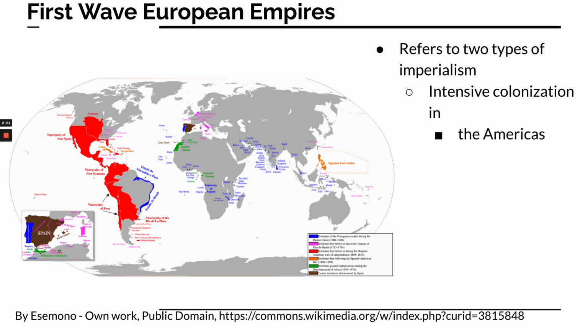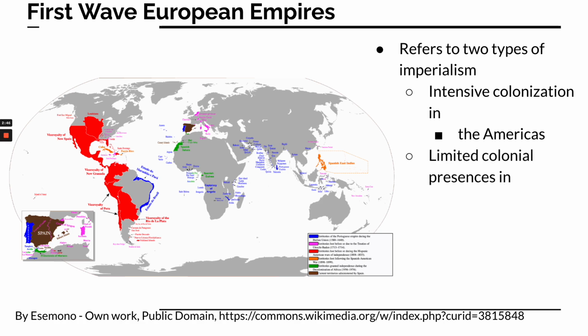Now, be careful what you read into this map. Don't worry, it's not in your notes, so it's not going to be there later to confuse you. This is just a map of Spanish colonization, but it gives us a good sense. Very intensive colonization in the Americas. These are areas under Spanish control. Spain is administering those entire chunks of territory.